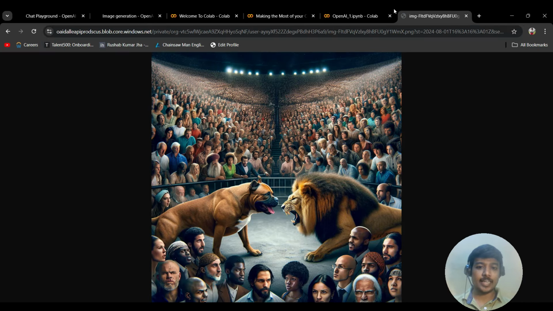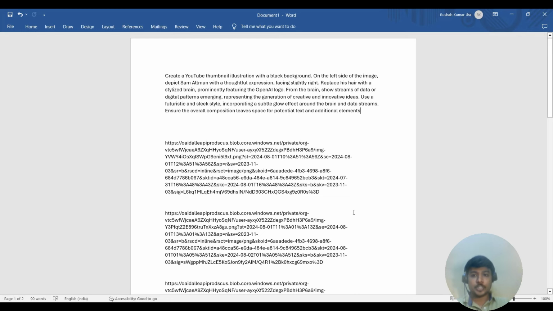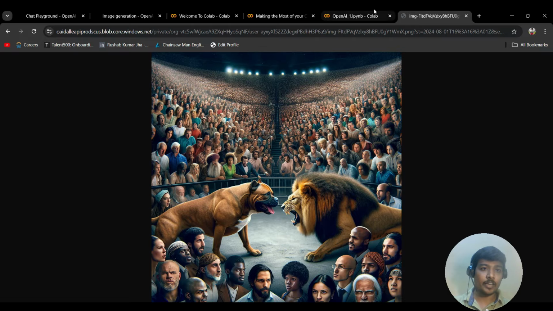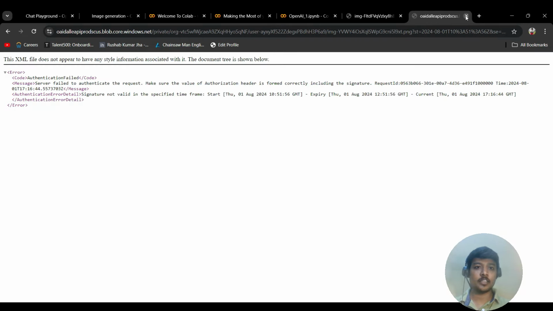See, it has given a decent image. Just understand, just writing a simple prompt is able to give me this image. Obviously, you can write better prompts also. I had written a couple of them. I will copy it and show it to you. Certain things that I had already created, probably it will work. I hope so. If I run this code, okay, it has stopped.